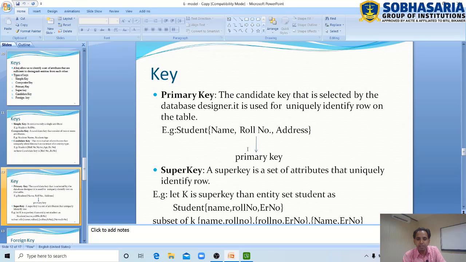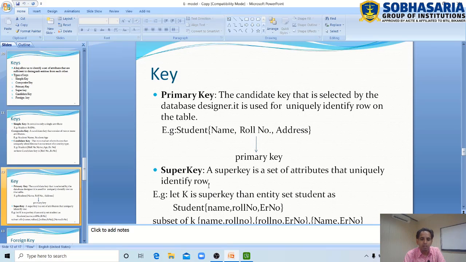Now, what is the difference between primary key and the candidate key? In the table or in any entity set, more than one candidate key can exist, but only a single primary key can exist.